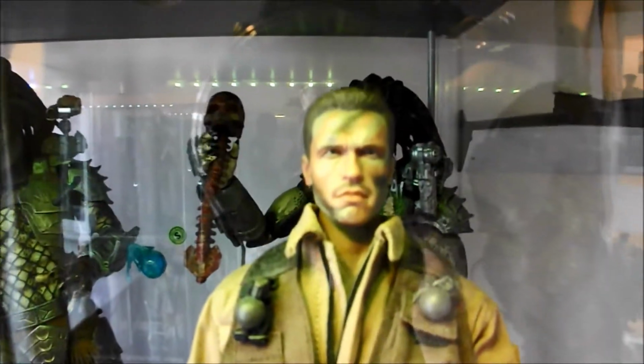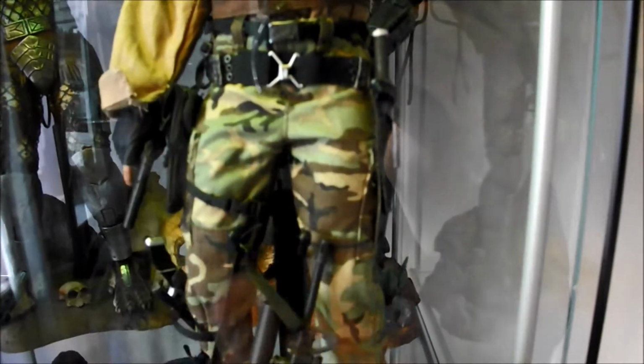Royce, Asian Beauty. AA12, nice figure. Dutch. Modified him a little bit, put extra long foot pegs on, bump his height up, and thick thighs on there because his legs were always a little bit scrawny. He had like tree trunk legs, didn't he, back in the day, old Arnie? So